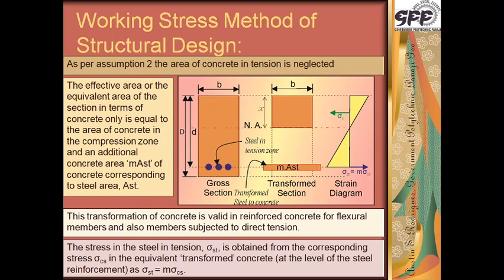The moment of resistance of this particular section would be either the sigma c force on top or sigma st force down. The total force created due to the stress resisted by the concrete in this region is multiplied by the distance between the two arrows. Or sigma st multiplied by whatever steel is there, that is the total force in tension, multiplied by the lever arm, that is the distance between the two arrows, one green and one blue. That becomes the moment of resistance.